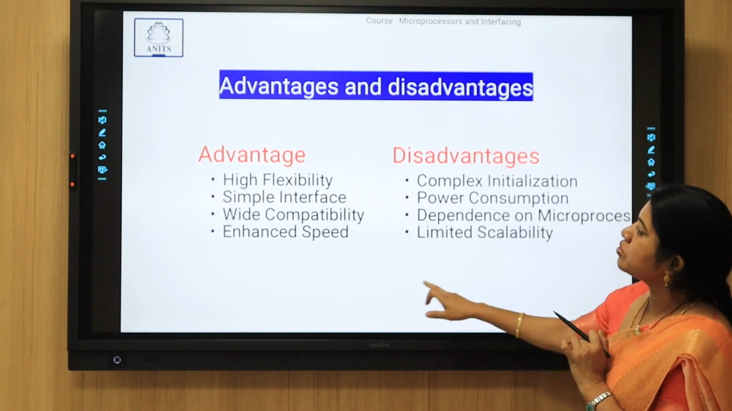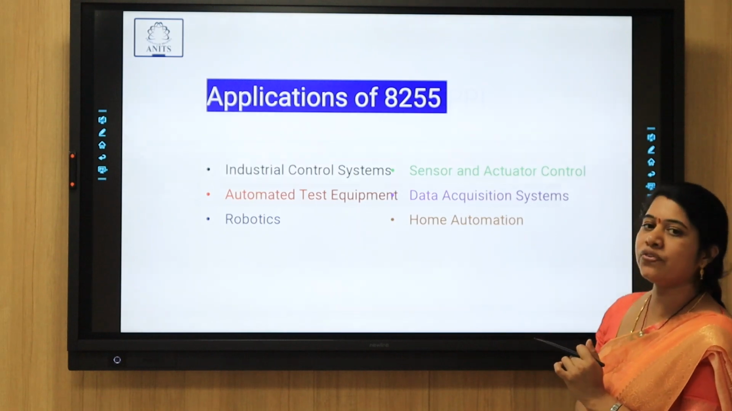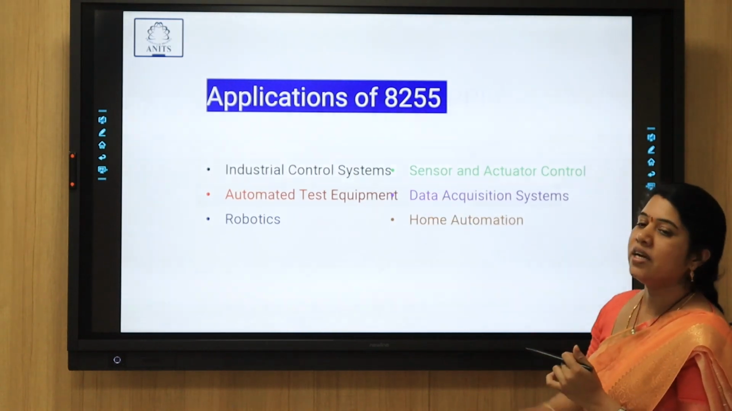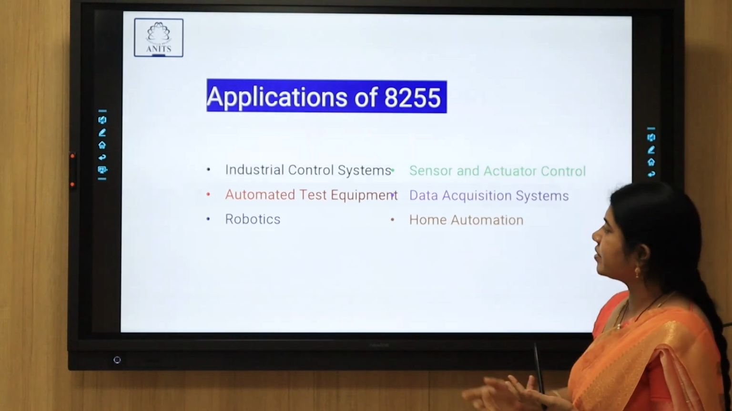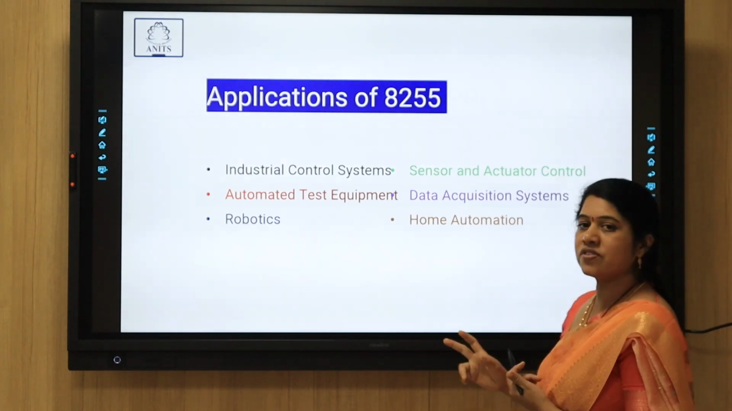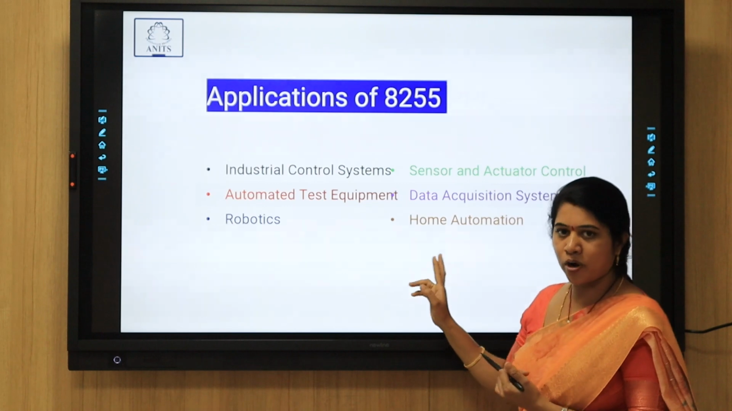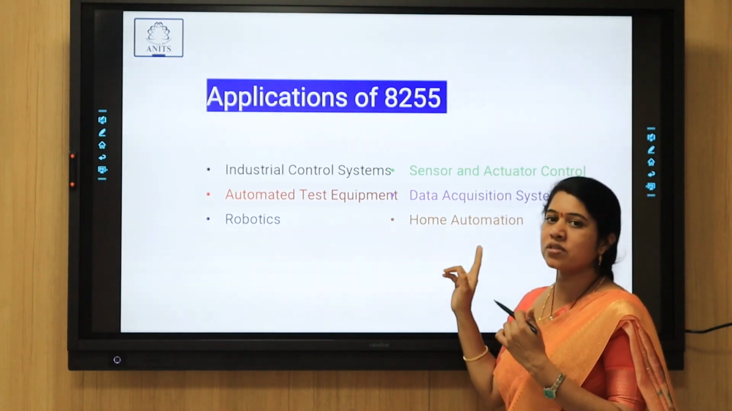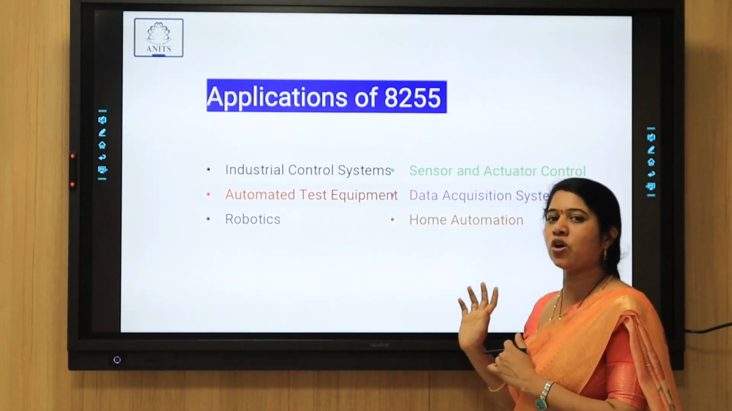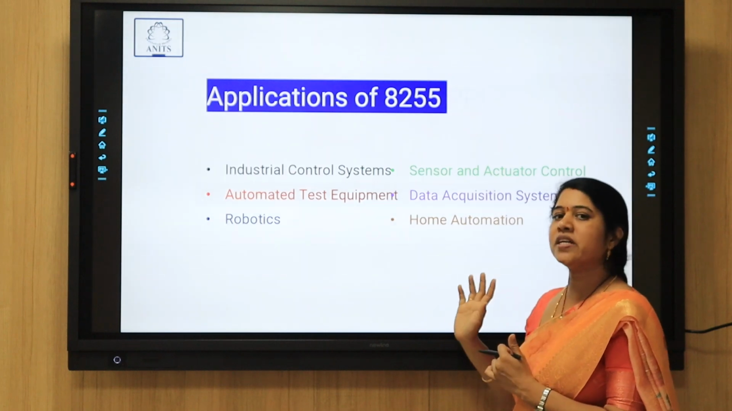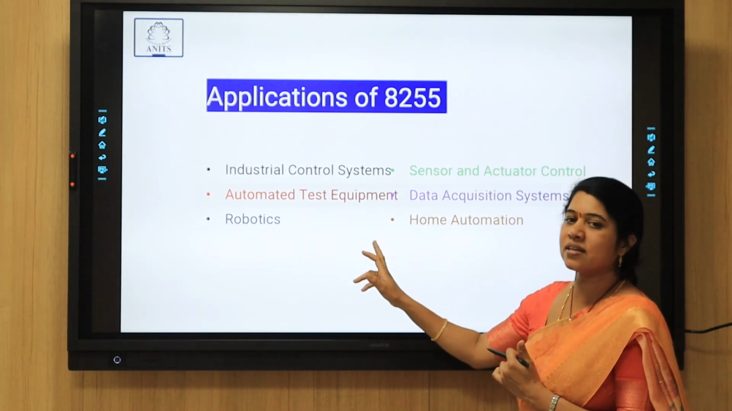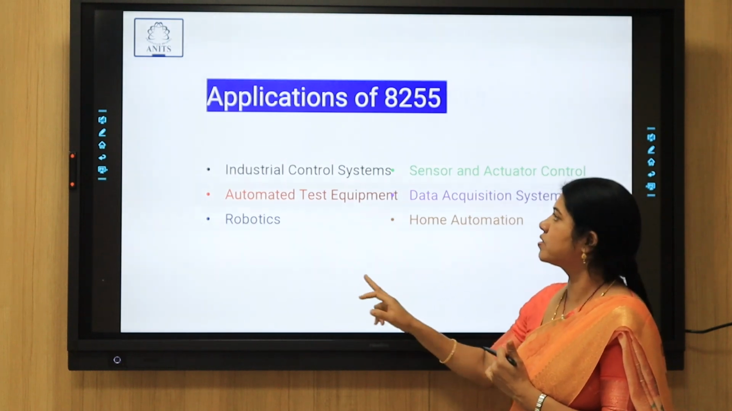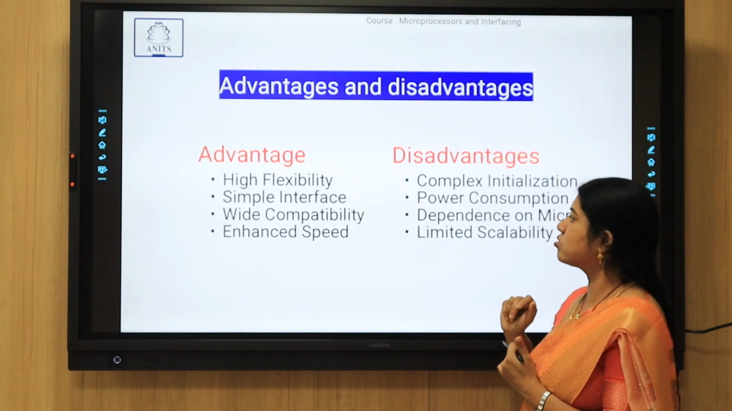Coming to the applications of the 8255, it can be used in industrial control systems, sensor and actuator control, automated test equipment, data acquisition systems, robotics, and home automation also. Whenever the processor is to be interfaced with input-output devices, they must be interfaced with devices like the 8255, because the processor does not have any on-chip ports. It always depends on the